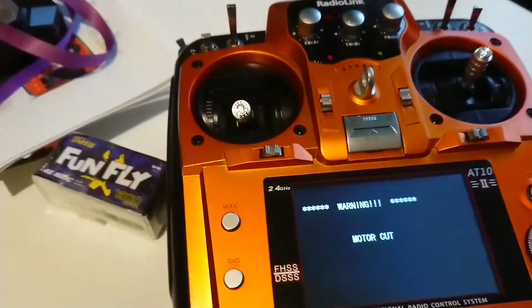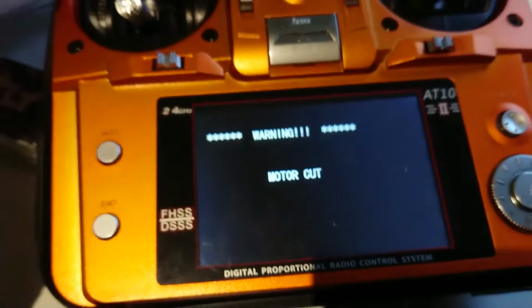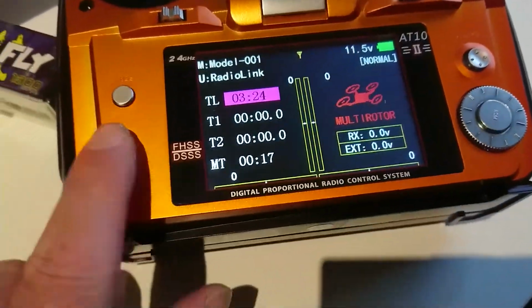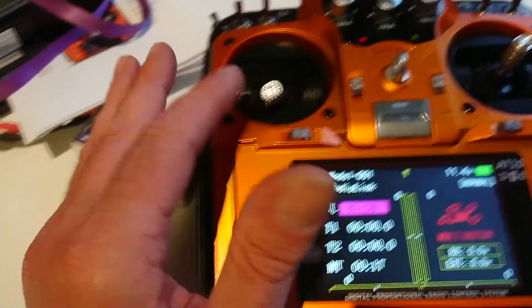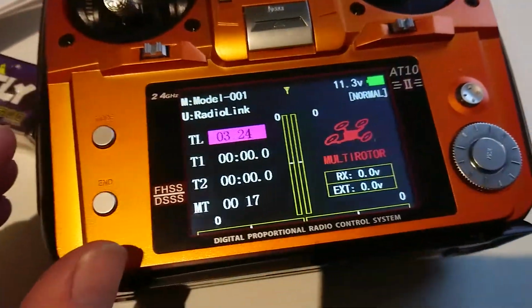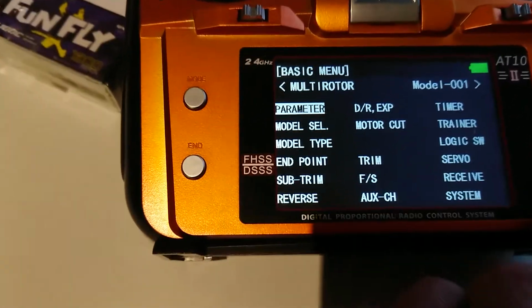So you go through the settings, and what I realised is, motor cut? Okay. So once you've gone through this and you've done your reversing of the controls and stuff like that, because you've learnt a little bit with this, you still can't get it to do left stick, right arm, if you know what I mean. It just won't do it. So the way I managed to get it figured out, and you'll have to excuse me because I am an amateur,